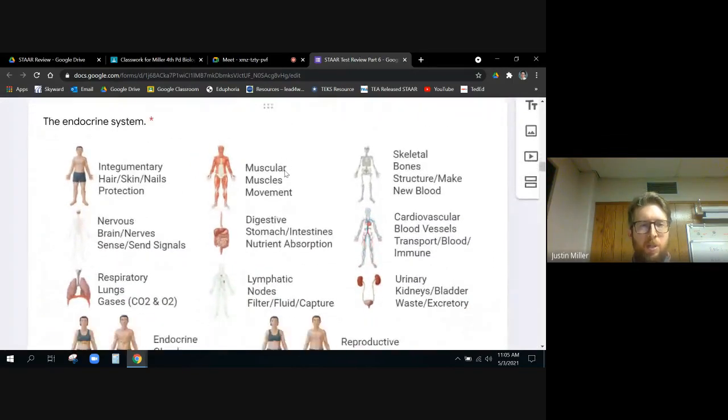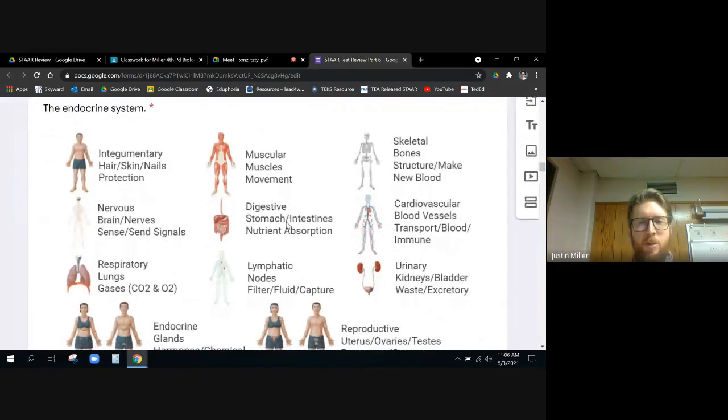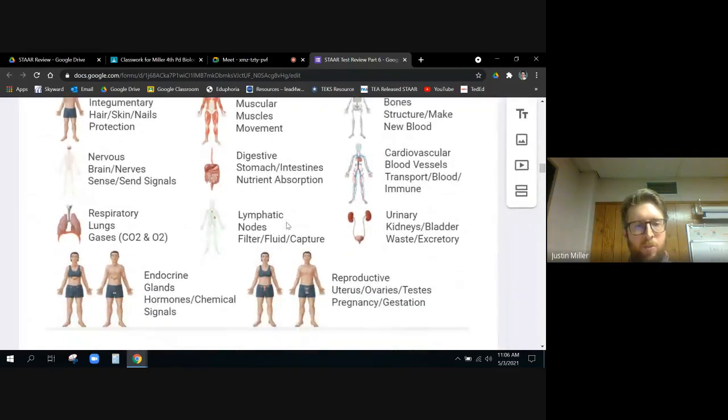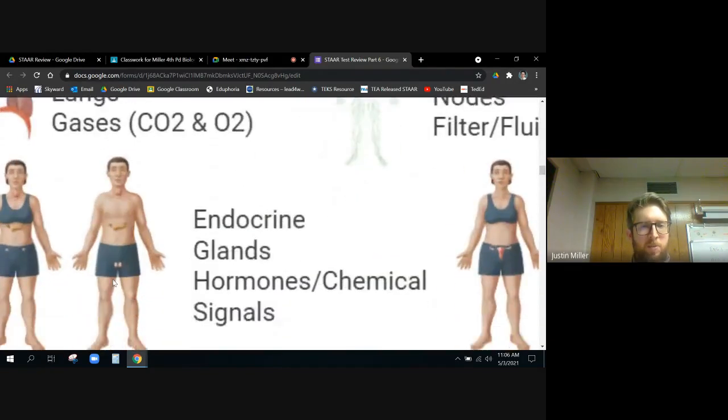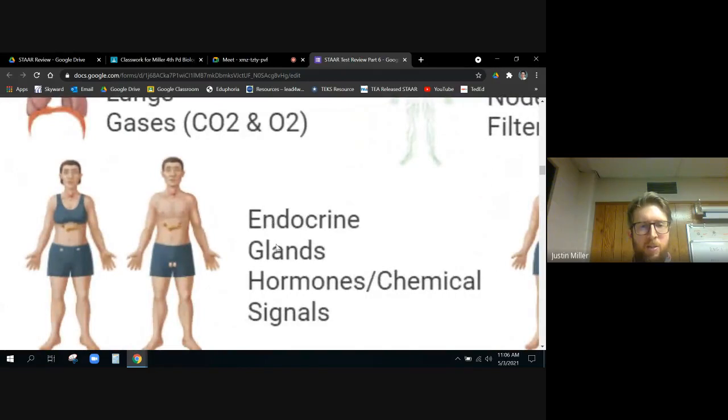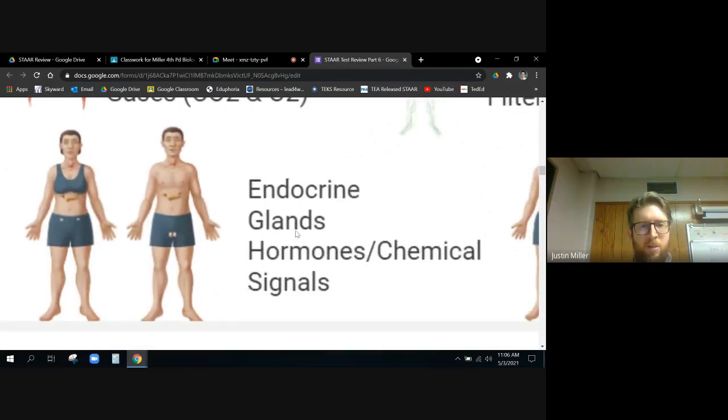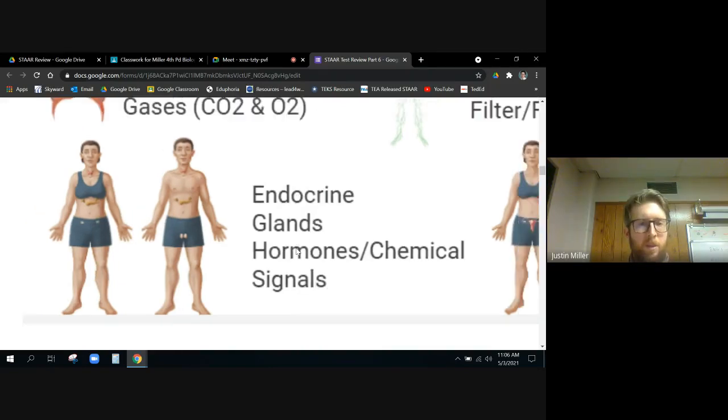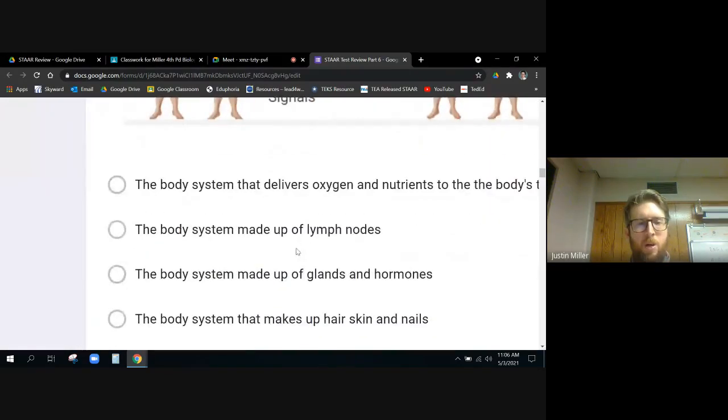The endocrine system. Okay, well, let's look at what the endocrine system is as a reminder. Remember, it's in males and females, and it is the system of glands that create hormones, which are just chemical signals that trigger certain things to happen in the body. So,